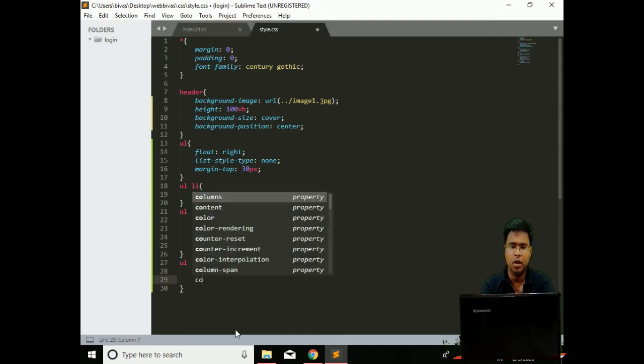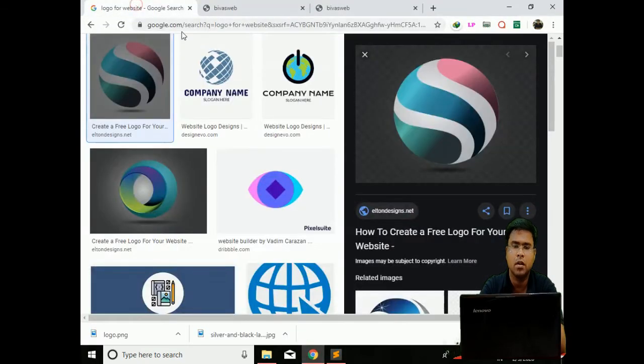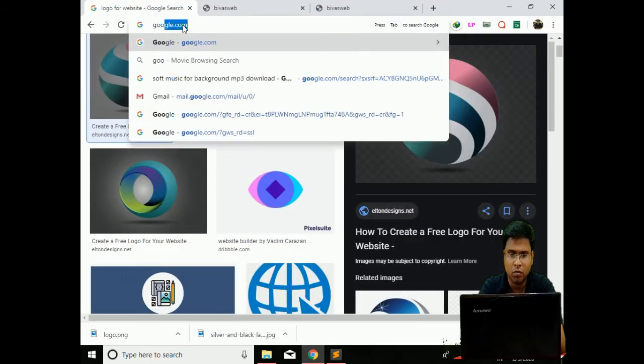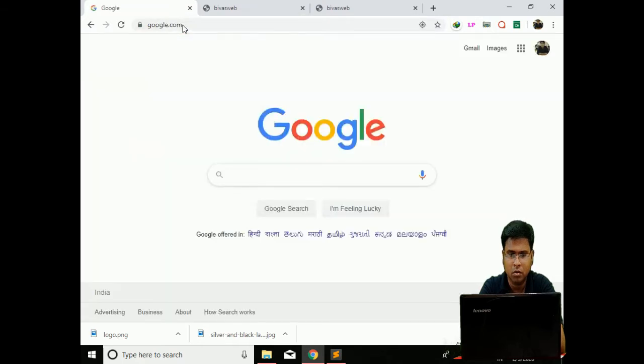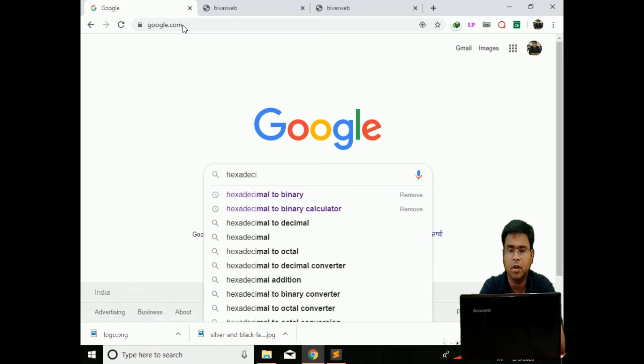So the color I have given is #FFA, which is also a white background color. I'm showing you how to check the background color in hexadecimal format. Go to Google, write hexadecimal color code. You will see lots of websites that will provide ample information about hexadecimal color codes.